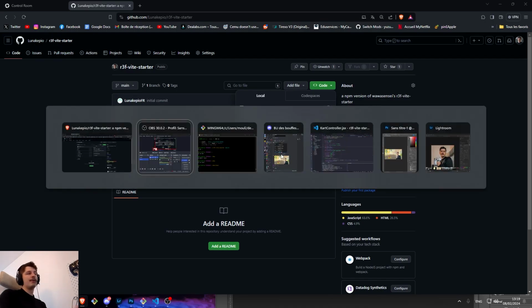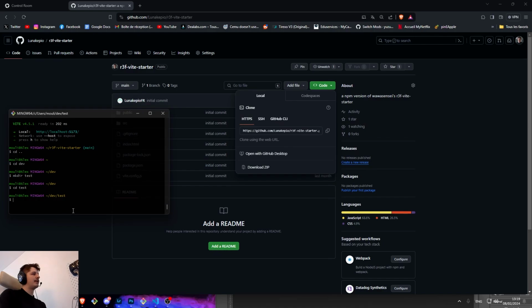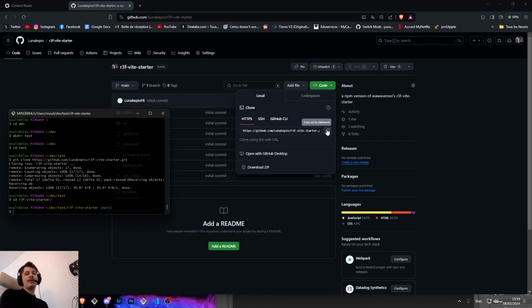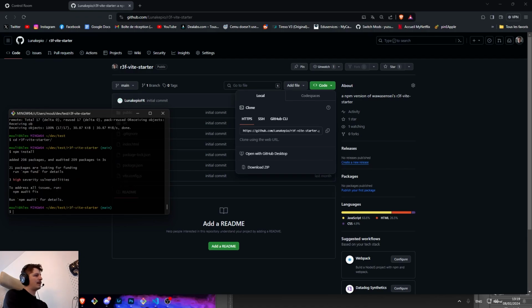To start the project, you can get my R3F Vite starter. It's totally inspired by Wawa Sensei, but instead of yarn, it runs with npm. And for reasons, I prefer to use npm for my project. Copy the URL in your clipboard, paste it in your terminal with git clone. Go into the project, run npm install,